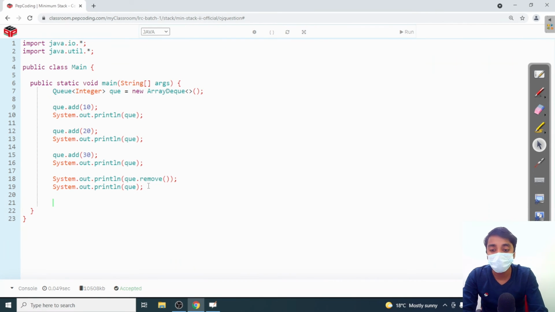Let us remove again. Now print the queue.